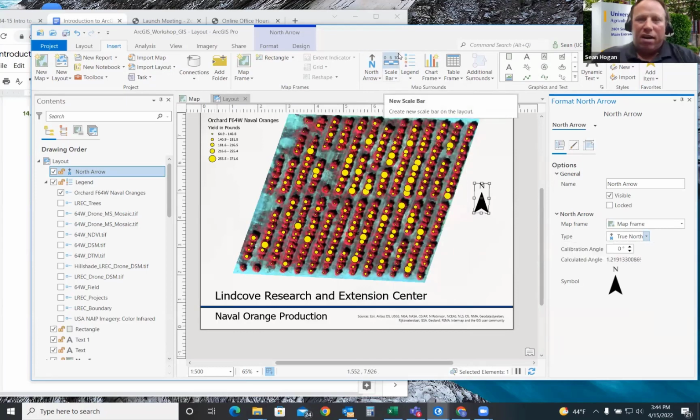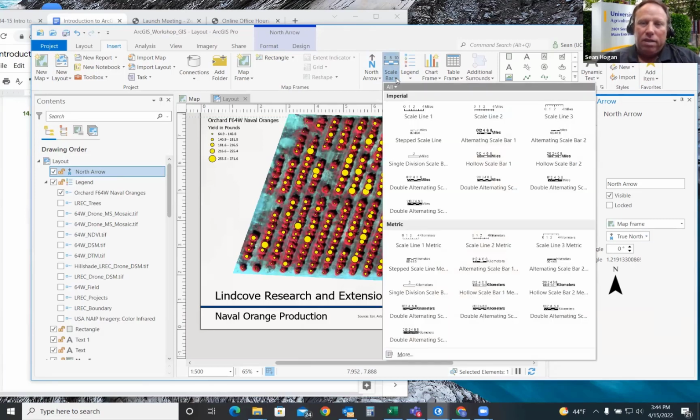Let's add a scale bar now, the next one over. So we click scale bar. Actually, better yet, don't just click the first scale bar. This will save you work by not doing that. Click on the drop down arrow, and you can select, and it's your prerogative. I guess this time, since we're going in pounds, we might stay with imperial measurements, which would be something like feet, but we want to pick one of the scale bars that makes sense.